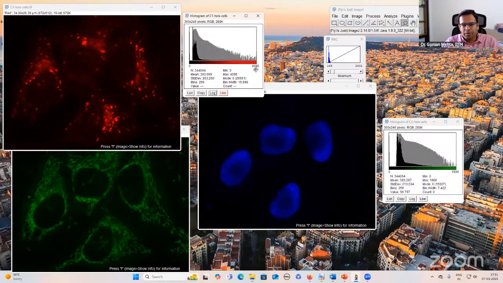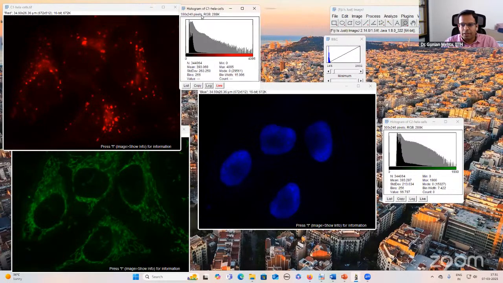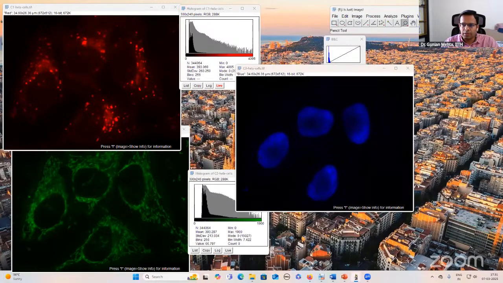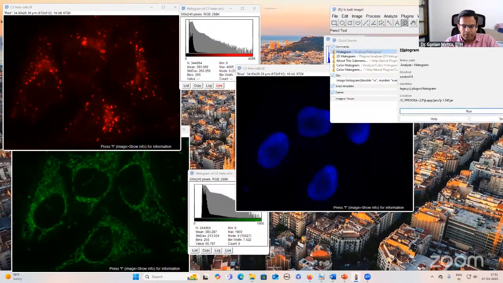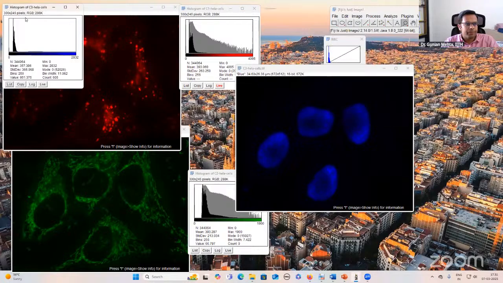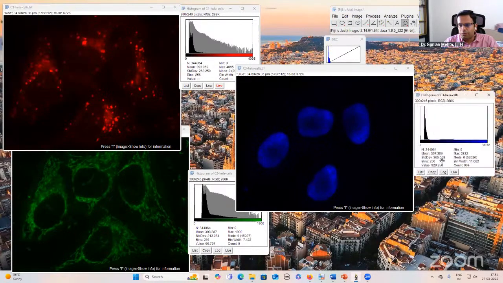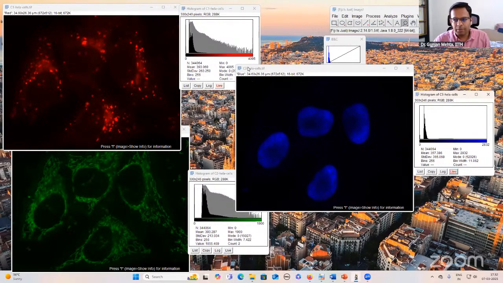Okay, so maximum pixel value is this. So this histogram is for red. This histogram is for green. And for blue also, I'll open another histogram. This is for blue. Okay, so these are the three histograms, and for all of them, you can check the maximum value, which is not reaching 65,000. So all these images are quantifiable for fluorescence intensity measurement. Okay.